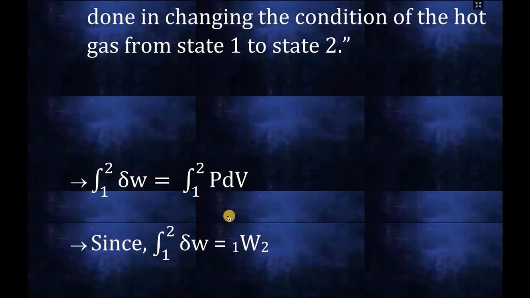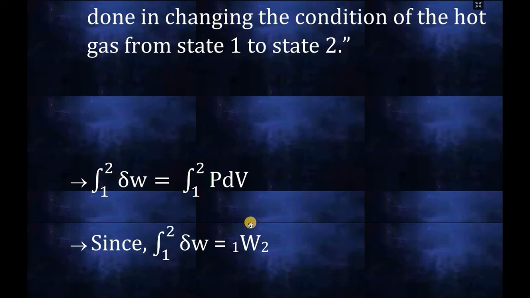If any one of these terms were constant, then we could integrate this PdV, but both are variable, so we cannot integrate this term PdV. So in this situation, I am going to make a substitution for this P. That is, I am going to change this pressure to volume. That is, I am going to write this pressure in terms of volume.